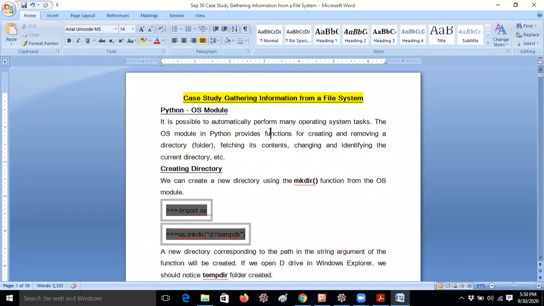For example, when you open a registration form, you get a first name, middle name and last name, but some students might not have a middle name. My name is very big, so I have a middle name, but some students may not. My brother's name is just Ganesh, there is no middle name in that.